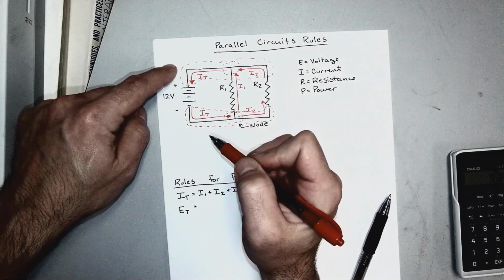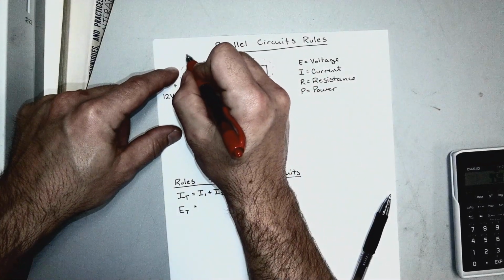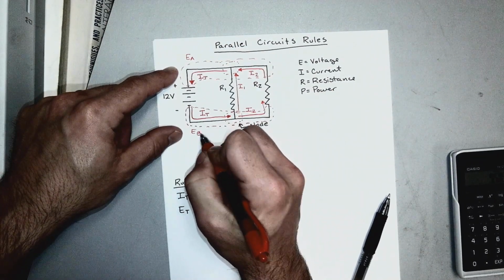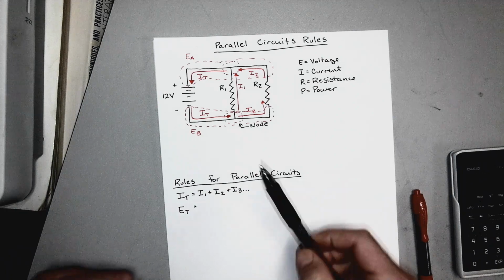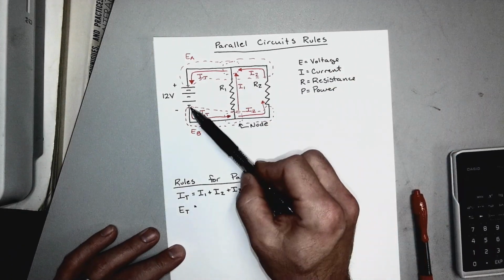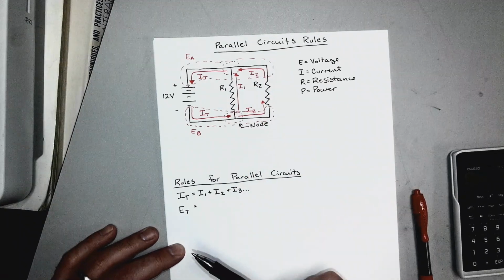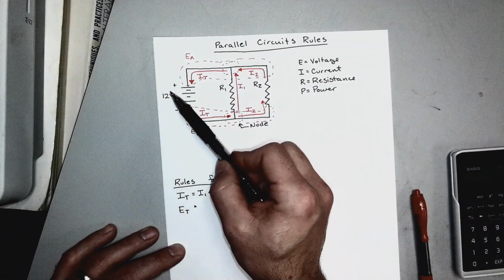So we could call this point of potential up here E sub A, and this E sub B. And look there, now we only have 2 points of potential because everything on this side of the circuit is connected and everything on this side of the circuit is connected. And if this is ET,